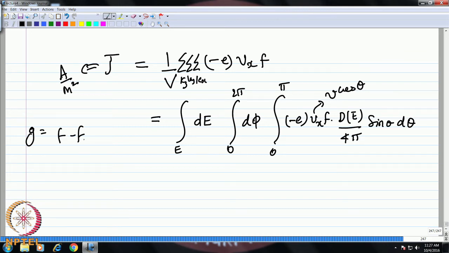F minus F equilibrium, and therefore, we can write F as G plus F equilibrium. We know the solution for G from equations 3 and 4. All you have to do is break the 0 to pi into 0 to pi by 2 and pi by 2 to pi. So, that is positive direction cosine and negative direction cosine. So, write in terms of G plus and G minus. Okay. So, therefore, now J will become